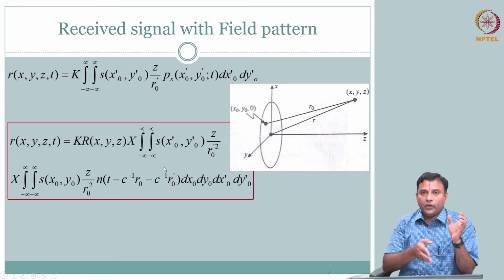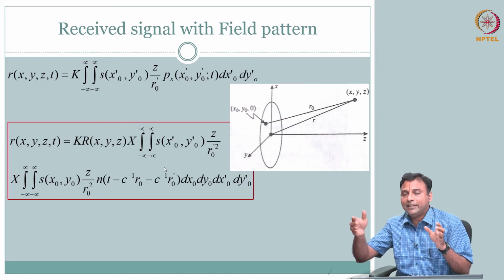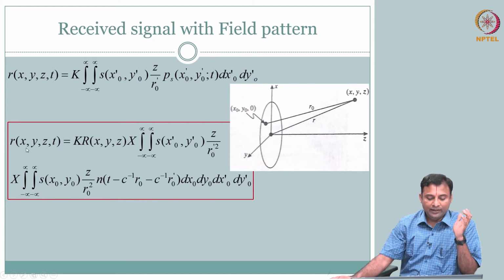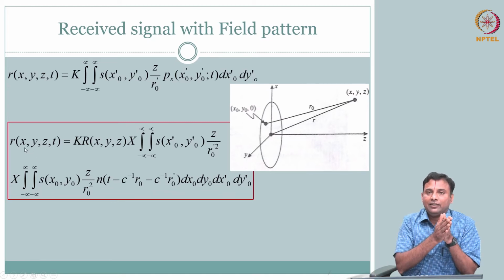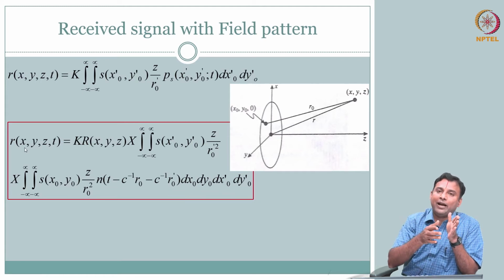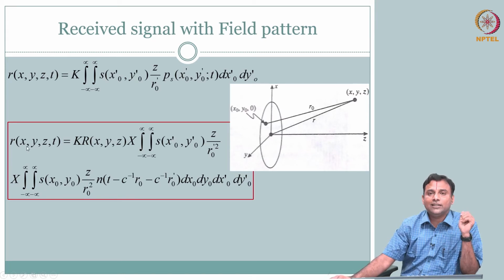So why is this two integrals? A surface area is contributing, and a surface is a collection of points. So dx and dy come there. When that field pattern goes, hits, and the reflected or scattered signal comes back, that is again exciting the crystal. So that is another two integrals for the area dx dy, right, and therefore what you receive is what you sent and how much came back, the echo that came back, the sum of all that is your received signal.